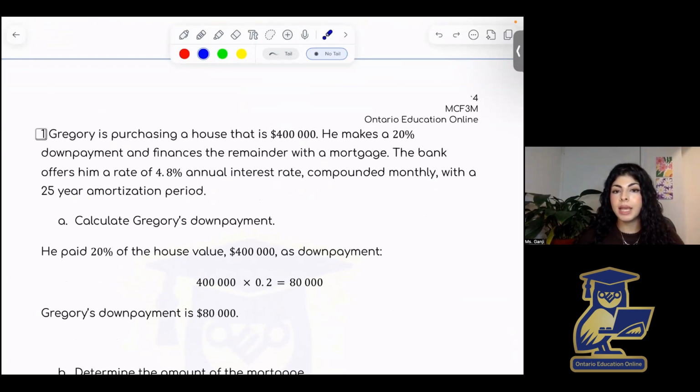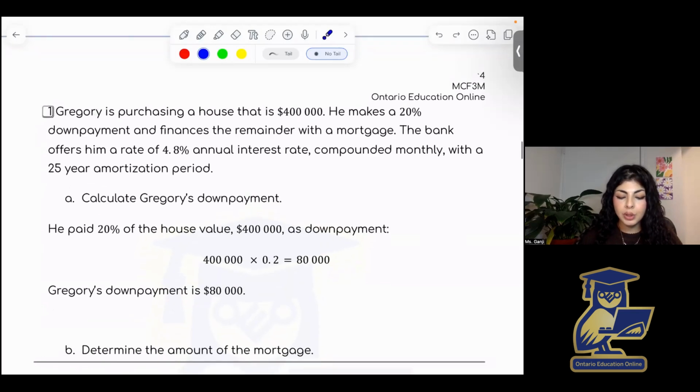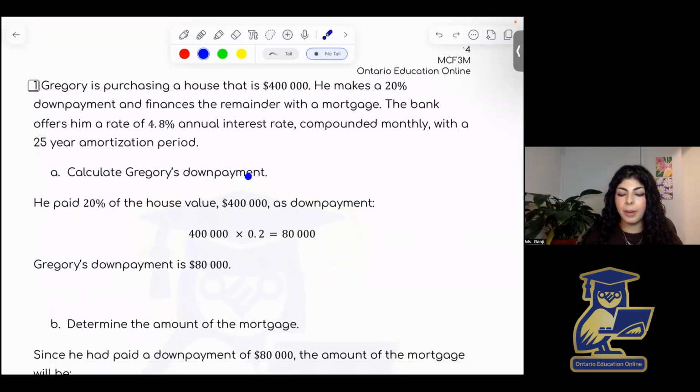This means that he's making monthly payments, and over 25 years, he's paying off this $400,000 house. So first, calculate Gregory's down payment. He makes a 20% down payment. If we take 20% of the house value, which was 400K, then 20% is $80,000. So he makes a down payment of $80,000, which means when he purchases the house, he pays $80,000 of it